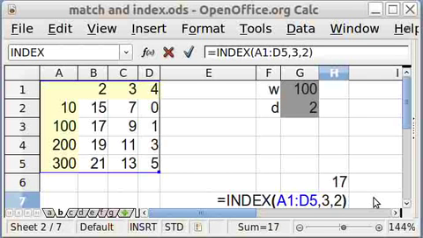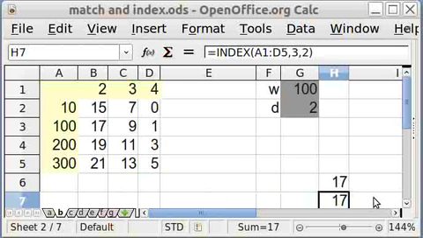Now, there's a real problem here. I have to know what row and what column. In other words, this formula just says, go look up the answer you already know. It does me very little good. It is used in conjunction with